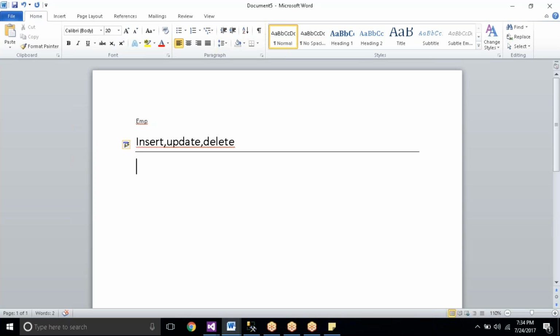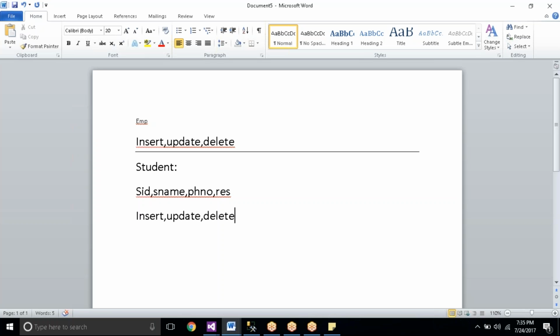Now listen, both of you, very carefully. We have seen employee as a table. Under employee we have completed the insert, update, delete queries. In the same way we have a student class also, right? Student will have fields like student ID, student name, phone number and result, which are the columns in the table. For this table also, you need to perform insert, update and delete.